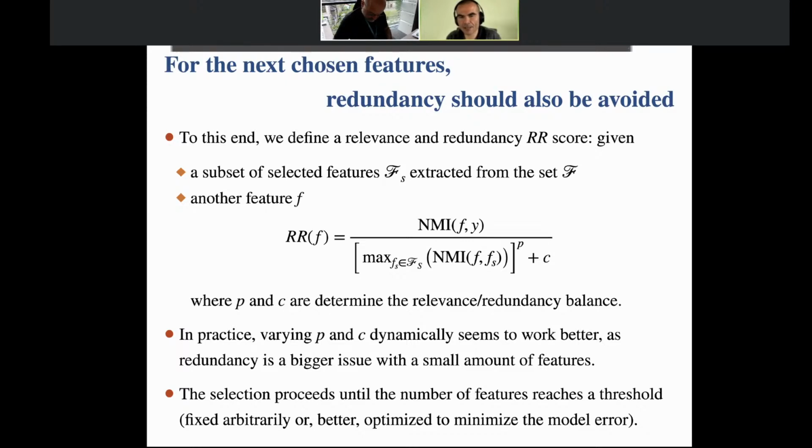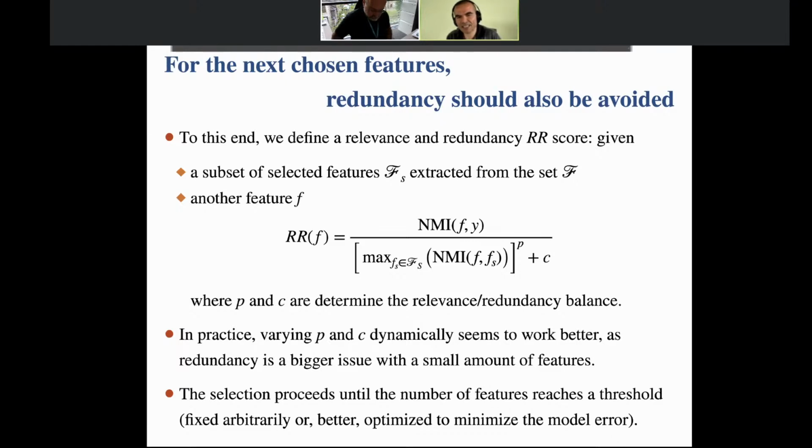big interrelation with the target feature, but you want not to have too much redundancy with respect to the previous features. And so you see that there are two parameters here, there's this P and the C. If the part with the P was not there, so if the brackets were not there, typically we just have as a criterion the relevance of the feature. And in contrast, if you have a big P and a small c, what matters above all will be avoiding redundancy. And so we have to play with that.